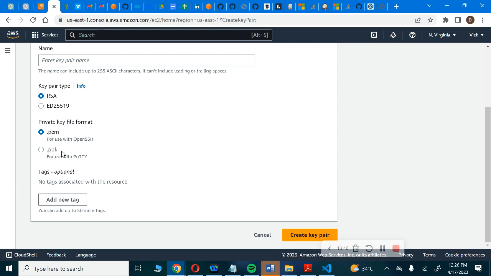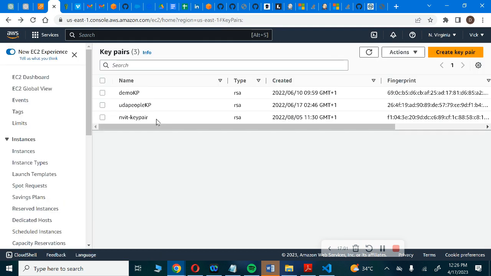But because we'll be using Linux for our SSHing purpose, and WSL in your case, if you are using WSL, it's best to use your .pem, right? Then you do create key pair. That will now download the key pair. But in my case, I already have my demo KP here, right? So when that gets downloaded, what you can do is